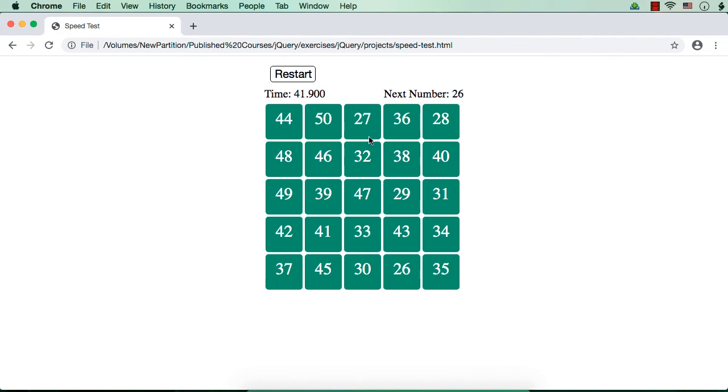Where is 26? So once we click 26, then that space becomes empty because there are only numbers up to 50.